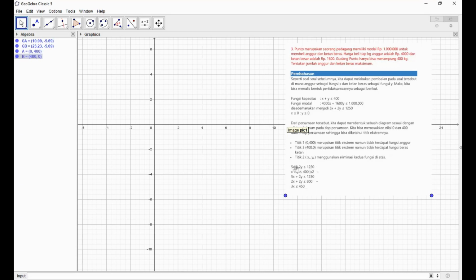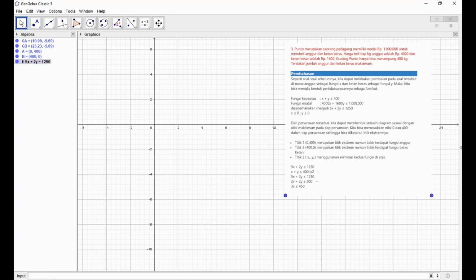5x plus 2y is less than or equal to 1250. Okay, let's try. Function f is 5x plus 2y equals 1250.